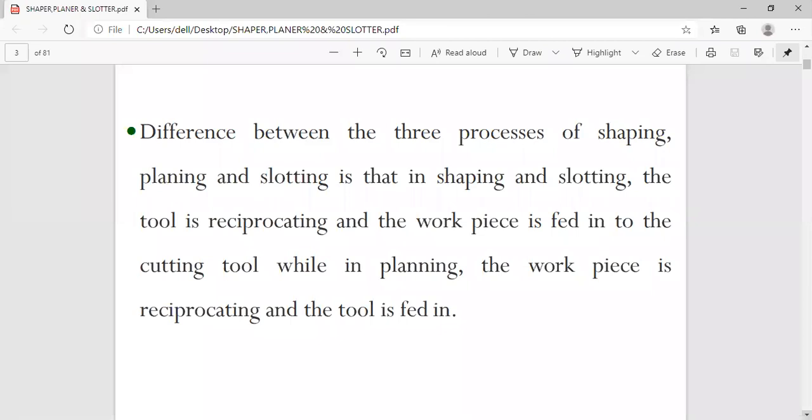The tool will be clamped on the machine. It will be held in the tool head, mounted on the ram. So it will be reciprocating to and fro. In the forward stroke, it's known as the cutting stroke, and in the return, no material will be removed, and that is the return stroke or the idle stroke.